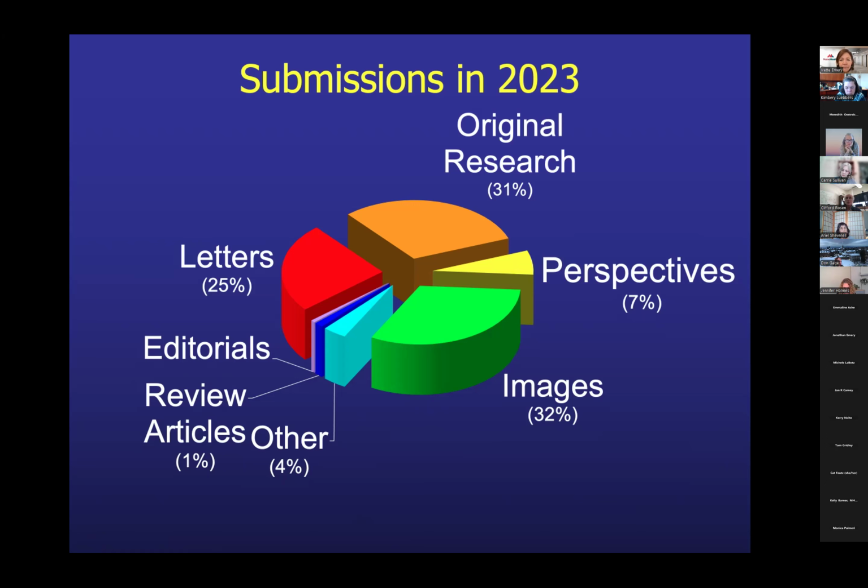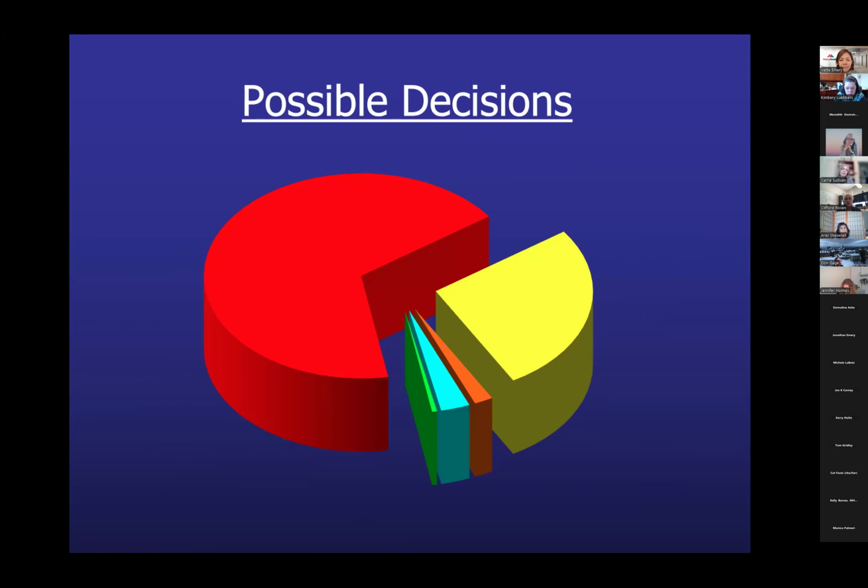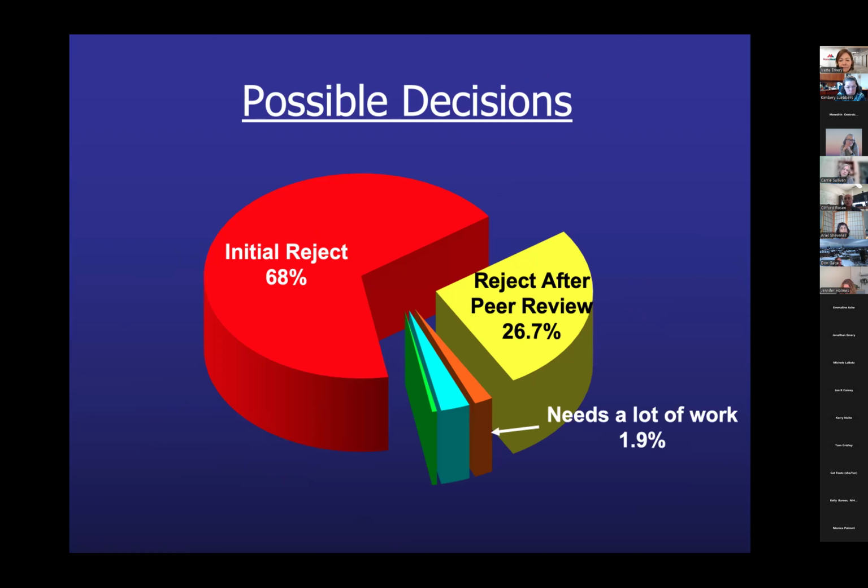And some of the papers that we see, we recommend rejection, but we ask them to submit it as a letter. And it's just a space. It's all about space occupation. How much space do we have to publish this stuff? So the vast majority of papers are rejected, and we're in the range of 95 to 98% in New England Journal. And some are returned with the decision that it's not acceptable, but if you do this, this, and this, it's possible it will be accepted.